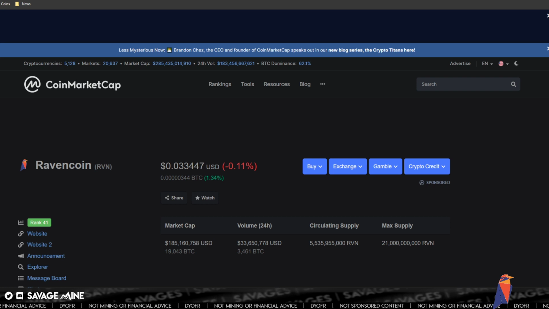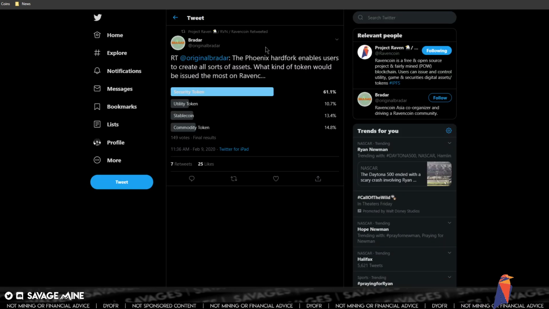Let me make sure I'm on track here with my notes. Yeah, so restricted assets and tags, messaging channels, all that stuff went live, and all that was known as Phoenix. It went live on block 1092672, I think on February 7th, somewhere around in there. And the upgrade was mainly to support Ravencoin.